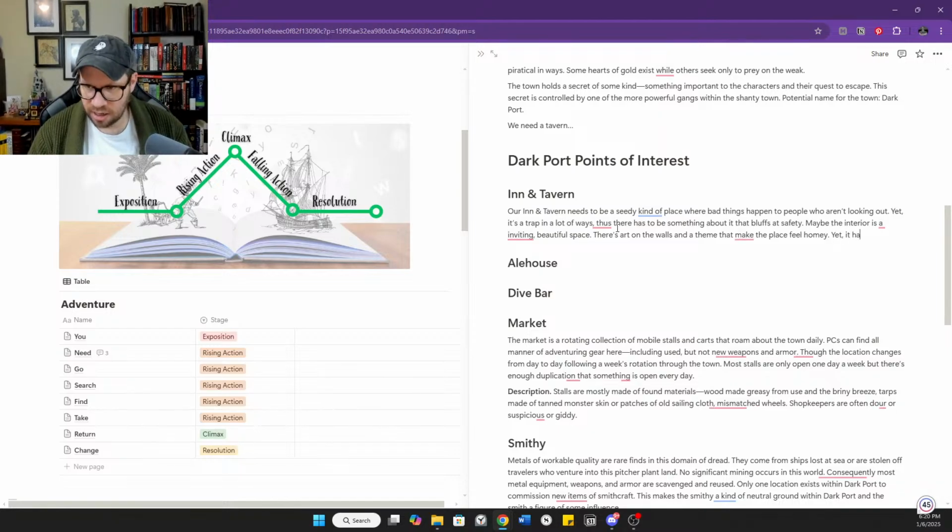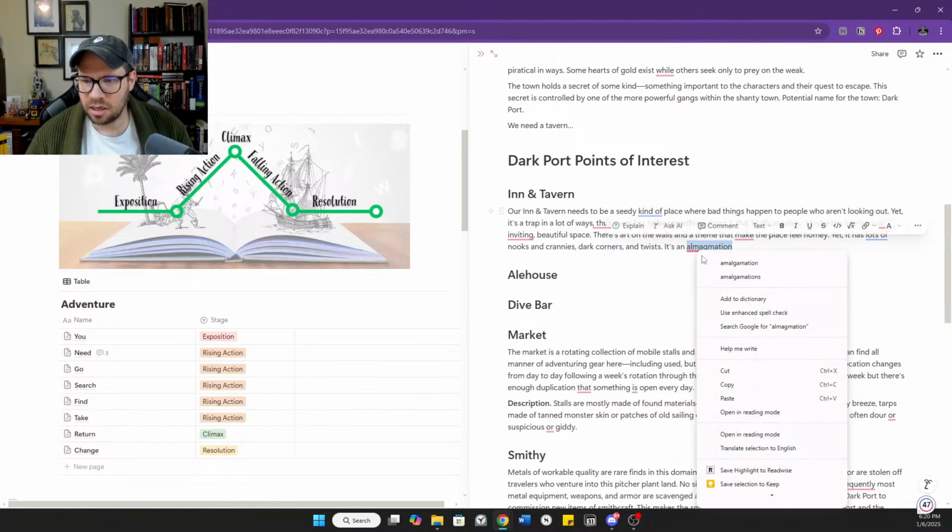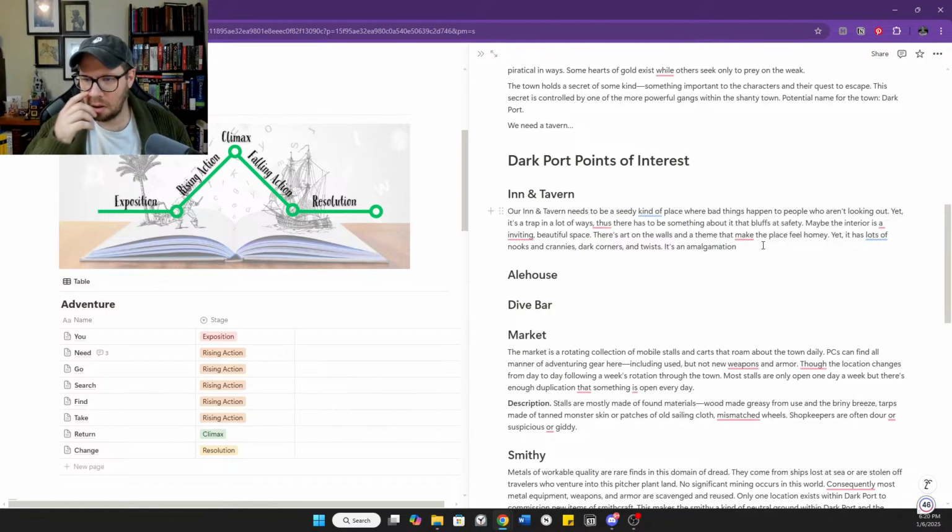Yet it has lots of nooks and crannies, dark corners, and twists. It's an amalgamation, and fix my spelling there.